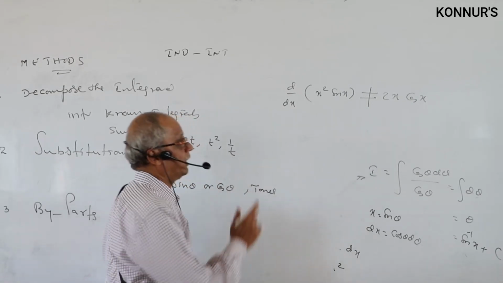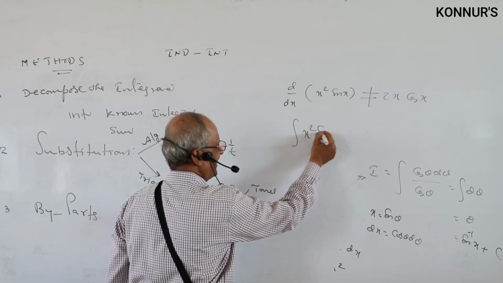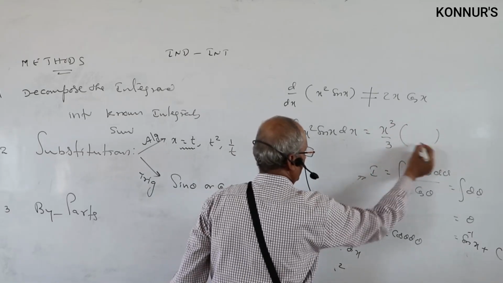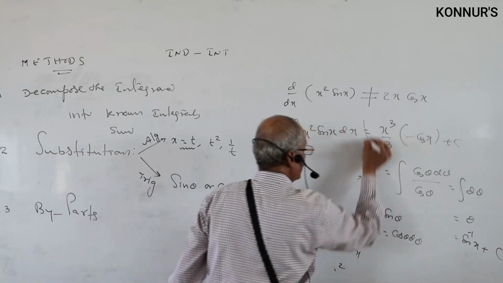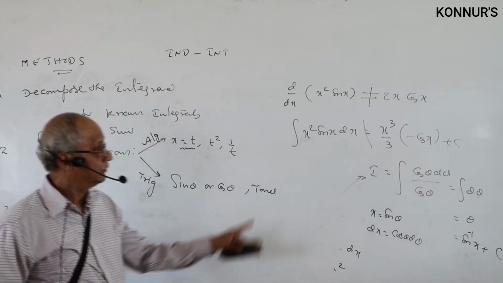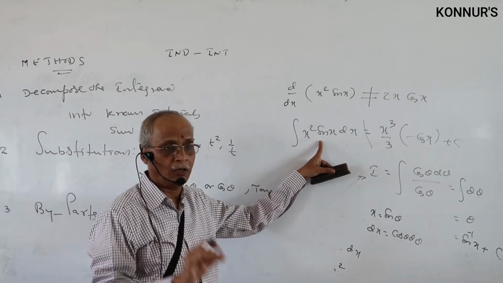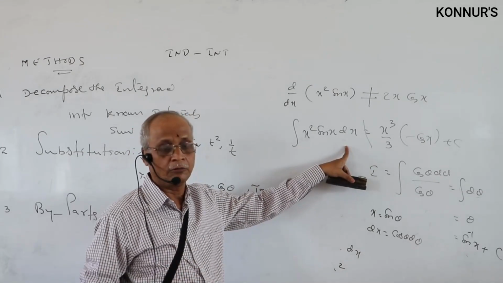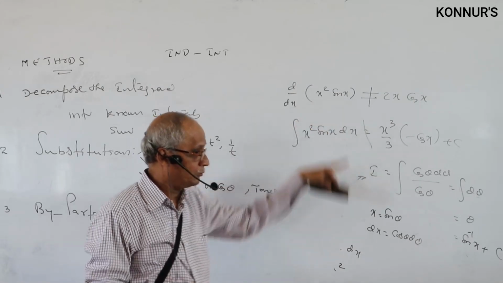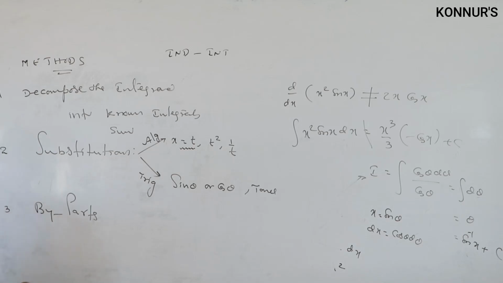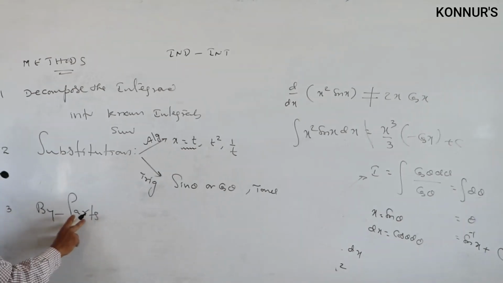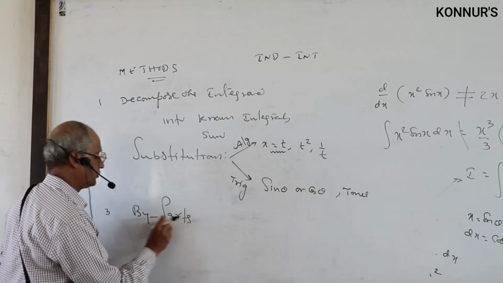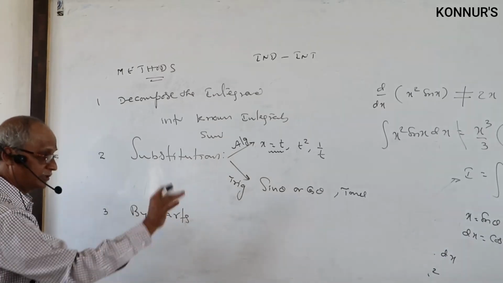Similarly, in integration also, if I give x square sin x, what is the integral of x square? x cube by 3, and the integral of sin x is minus cos x. You are not writing that, it is not possible. Therefore, one certain rule we have to follow. Whenever there is a product to integrate, one particular rule we have to follow: the reverse process of the product rule, the so-called by parts. Very important. For any product of two functions, while integrating, you have to apply one formula. That is the reason for the so-called integration by parts, part-wise integration.